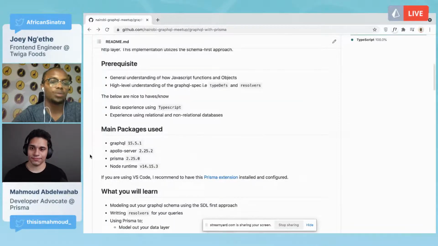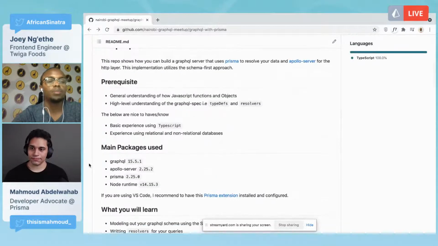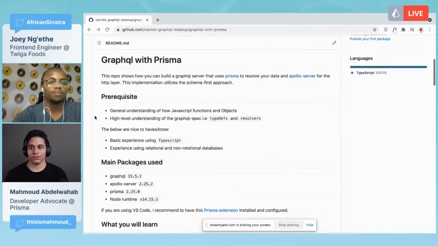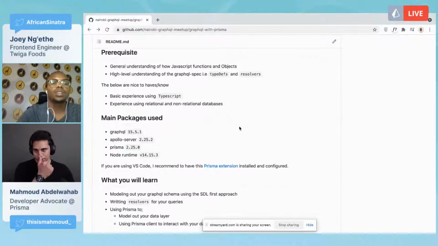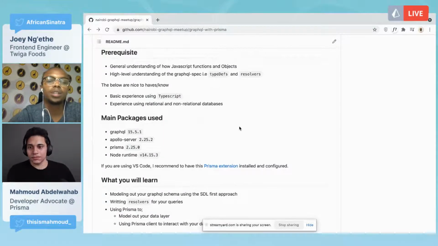The prerequisites are a general understanding of JavaScript functions, and a high-level understanding of the GraphQL spec, how you define your type definitions and resolvers. But if you don't know, we're going to have a look at this. No worries about that.